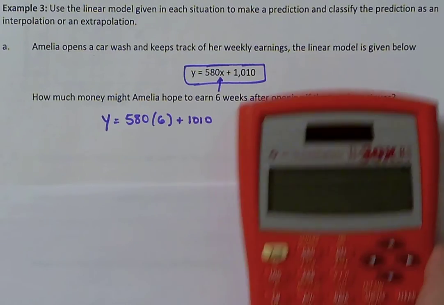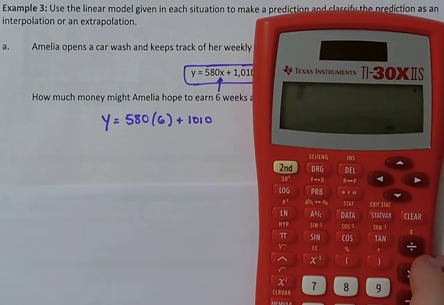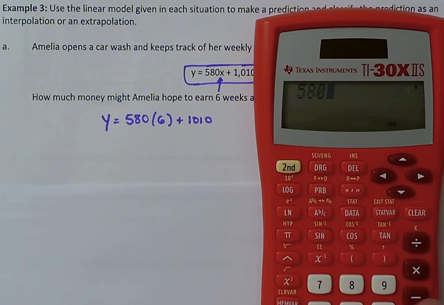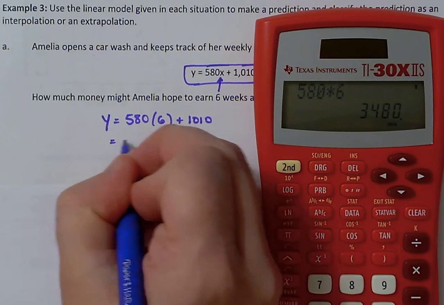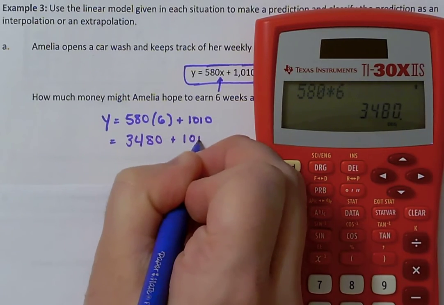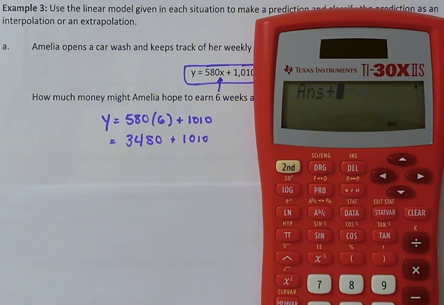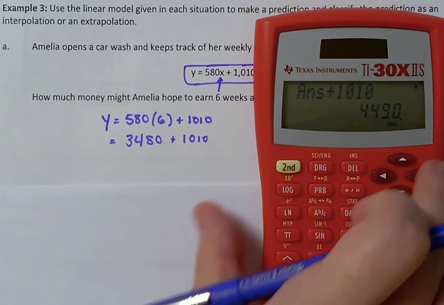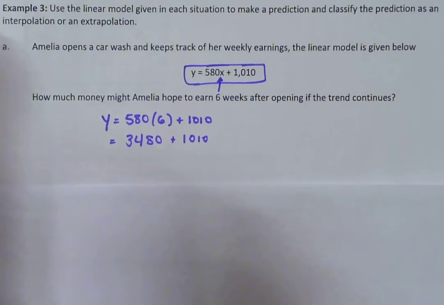So if we do 580 times 6, we end up with 3,480. And then we're going to add 1010, and we end up with 4,490